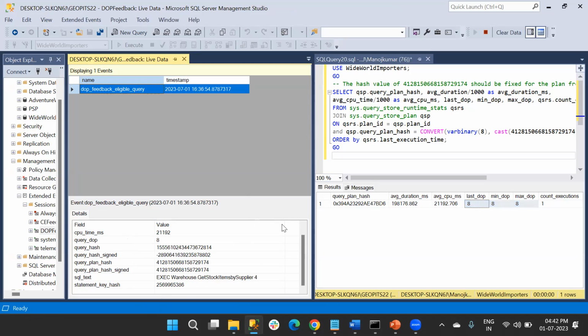The main thing here is that we do not touch the code to modify or recompile the queries. It automatically senses that, and it will automatically allocate the max DOP level for each query and it runs accordingly.